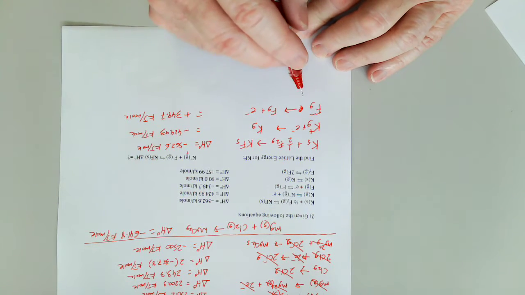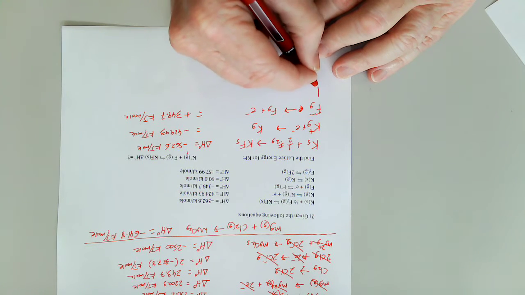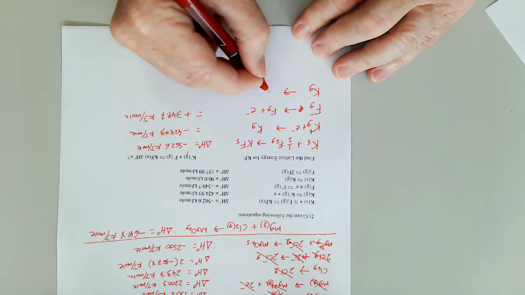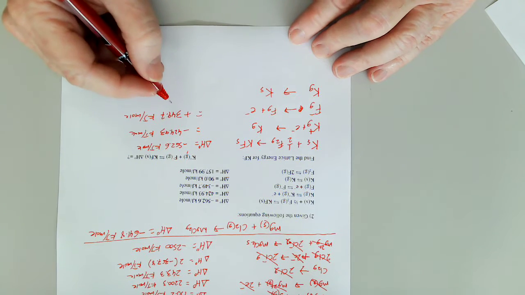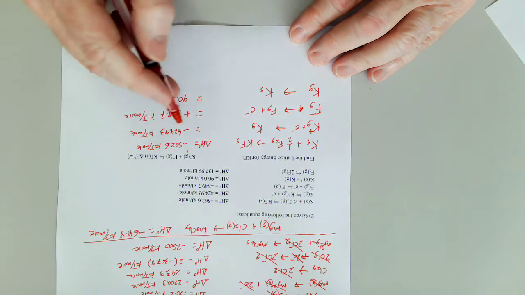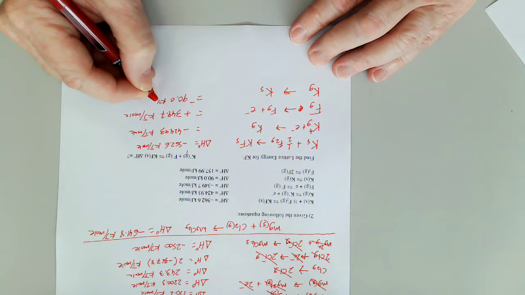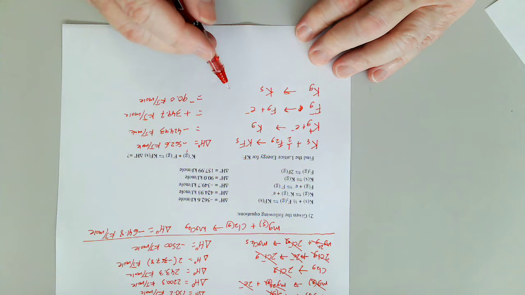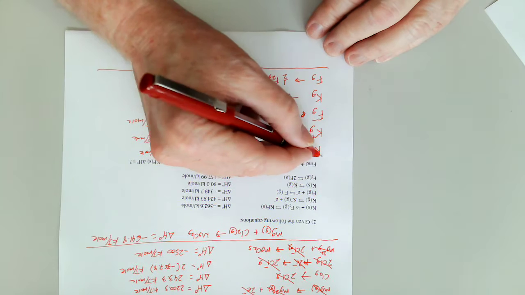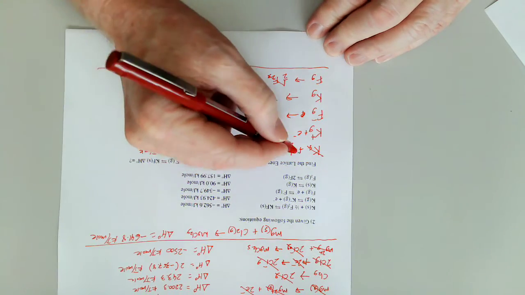Then let's see. I'm going to need to get rid of the potassium as a gas. So K gas goes to K solid, and that is 90.0, and I reversed it, so I have to put a minus sign in front. Kilojoules per mole. Solid and K solid. Okay, 1/2 F2 with 1/2